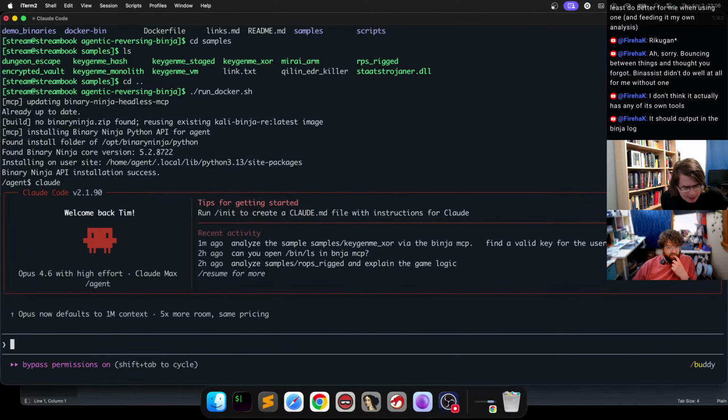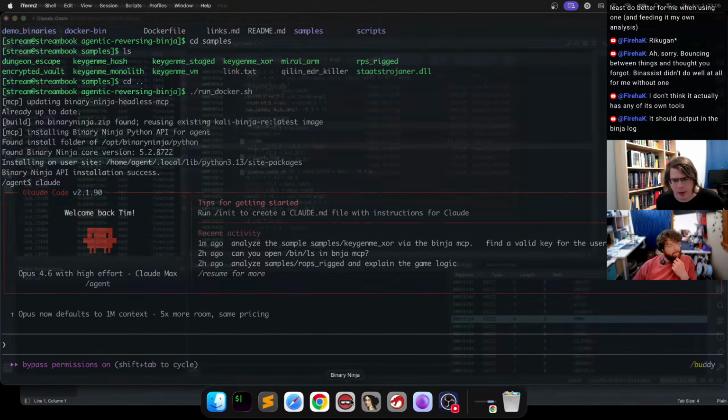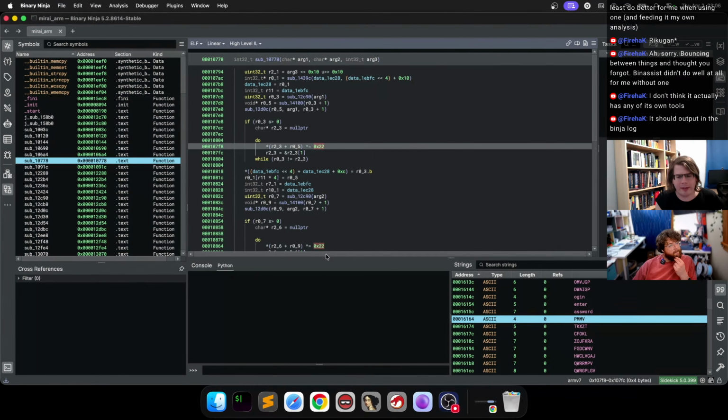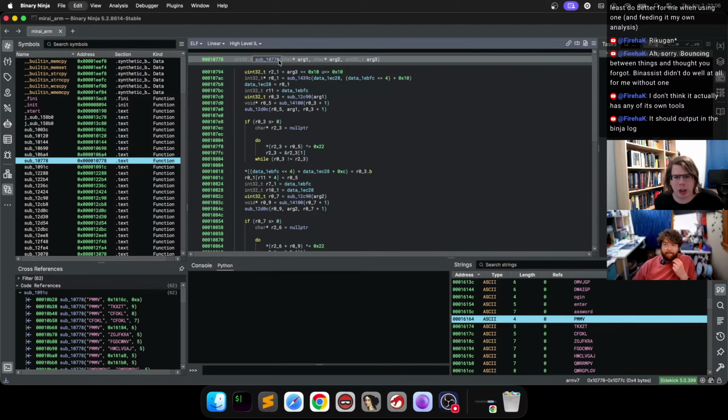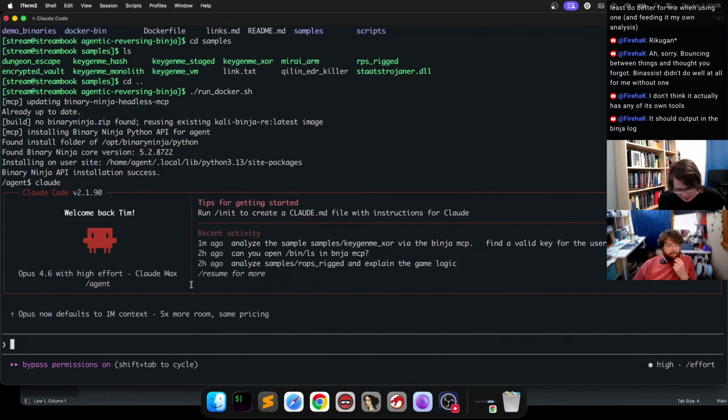And I often use agents just on the side to speed it up. So I don't expect it to analyze everything from the beginning and so on. It will find that. But sometimes it's easier to just know, oh, I know that there's a string decryption function here. Then I can tell it something like